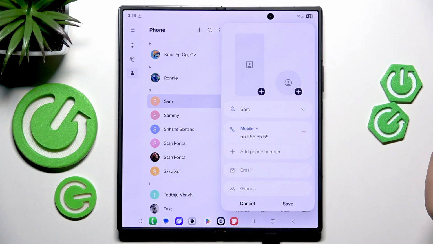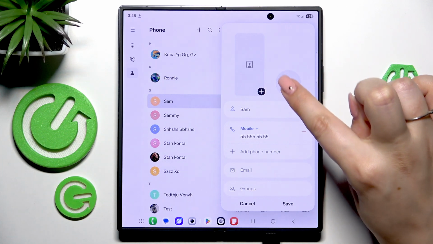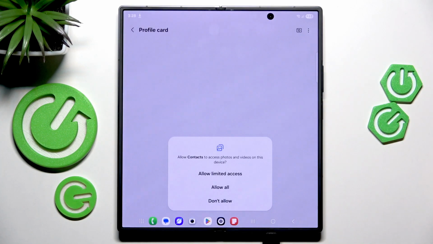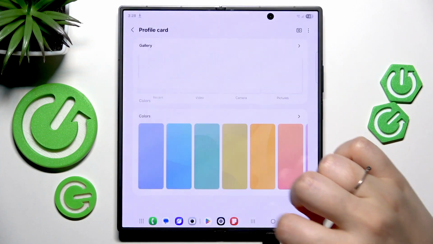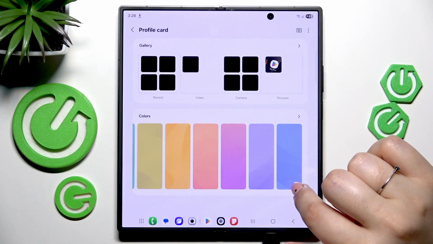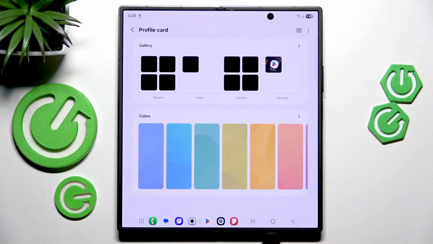Now we can change the profile picture just by tapping on this circle, because if we tap on this rectangle, you can see that allows us to change basically the background screen when this specific person is calling. And of course you can choose something from your gallery and set something from your own photos,